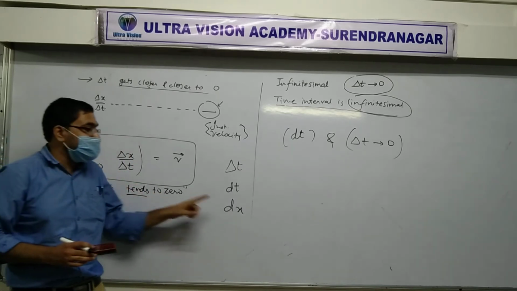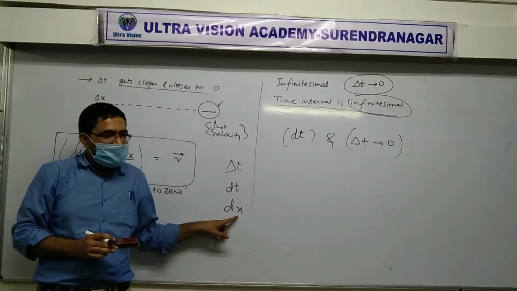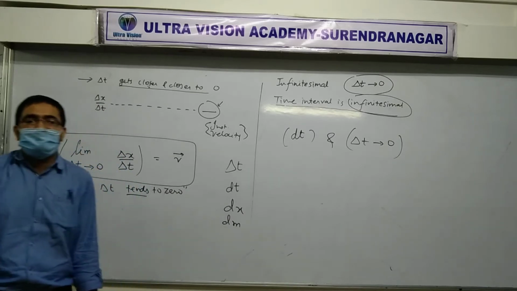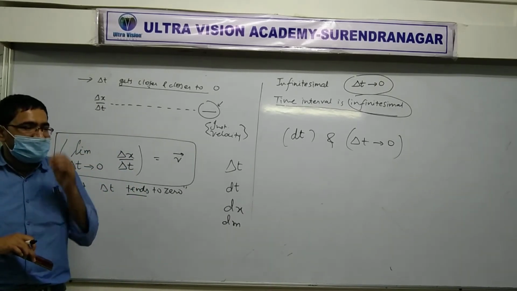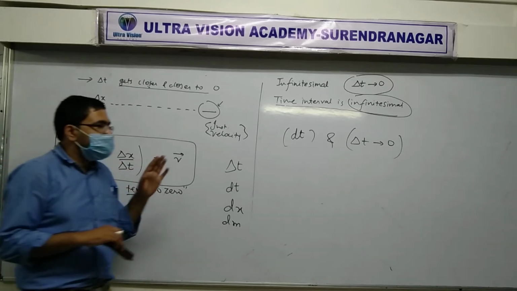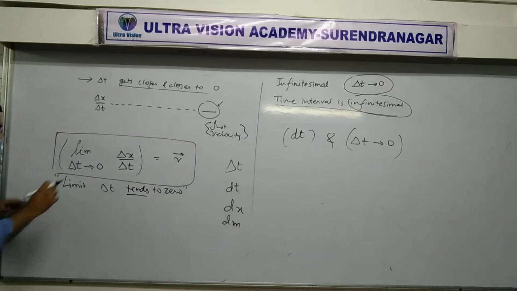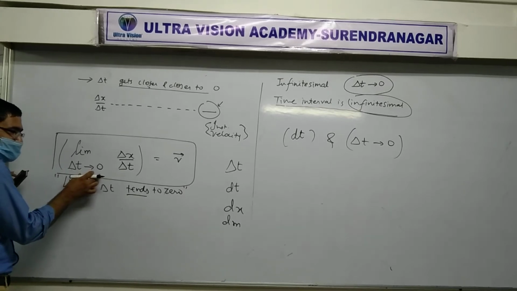Infinitesimal change in position value. Understood? Similarly, dm means infinitesimal change in mass. For example, in this mass, dm means infinitesimal change in mass. Meaning clear? So now, what happens is that if you allow a very small, infinitesimal time interval,